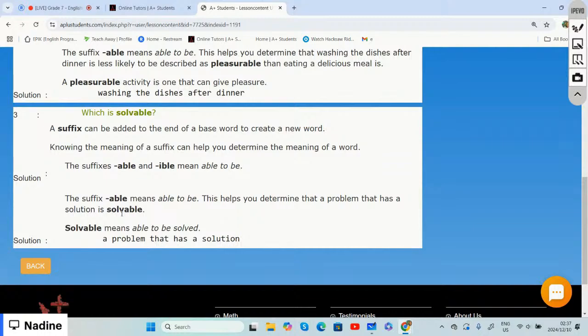all right, and something that is solvable is something that can be solved. Whether it is an argument and you solve the argument, that means that that conversation or heated argument was solvable. You were able to solve it. Another thing that is solvable is,